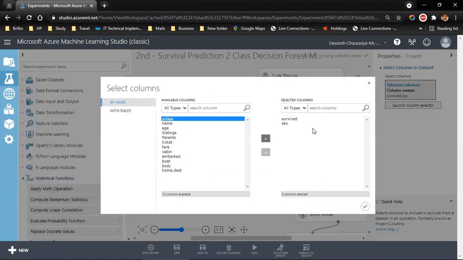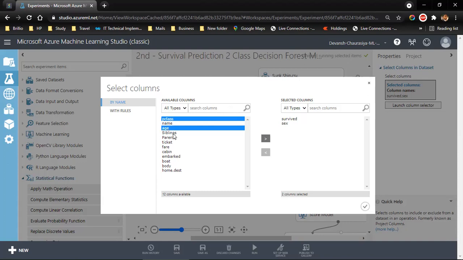Now, what we need to do is we need to add a few more options for prediction. Earlier, we had taken only survived and gender. This time, we'll take the passenger class, because passenger class, I think, is a great parameter that can predict whether the person survived or not. Passenger class is like diamond, gold, or silver. So when it's higher, diamond is higher, so the chances of survival are much higher.